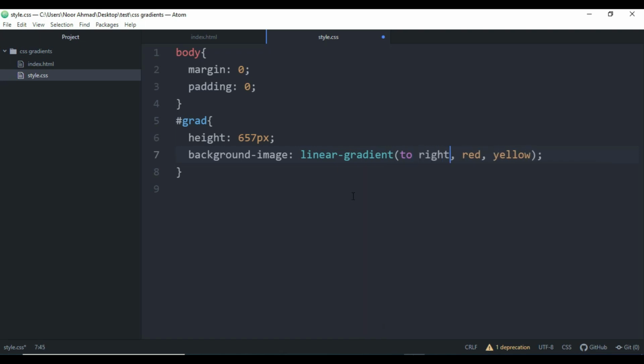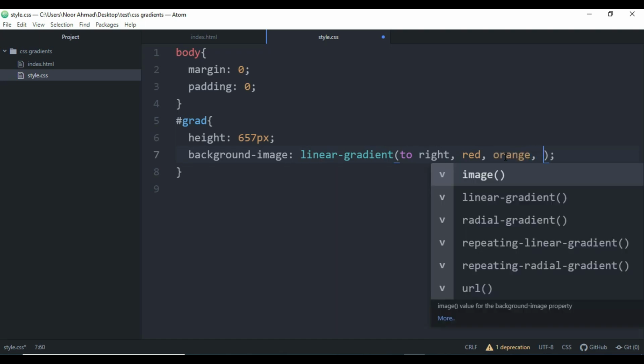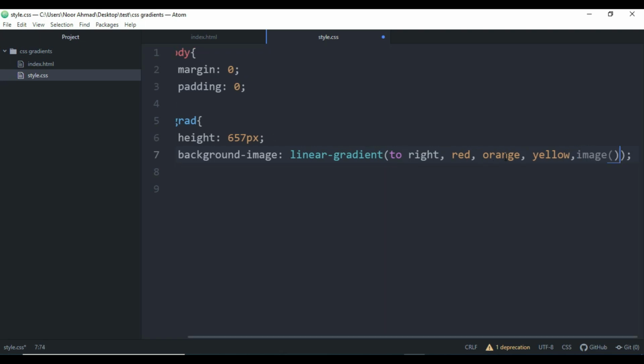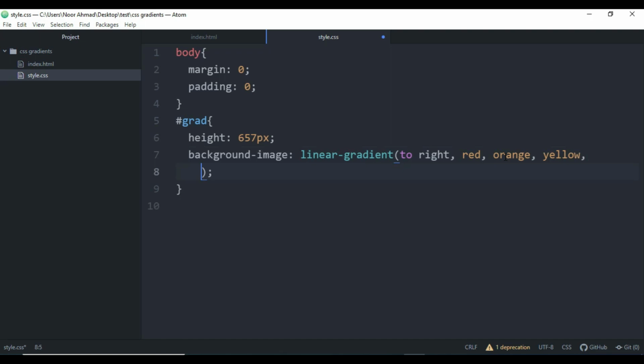So at the right side, the first one is red, the second one should be orange, the third one should be yellow, and the fourth one is green,